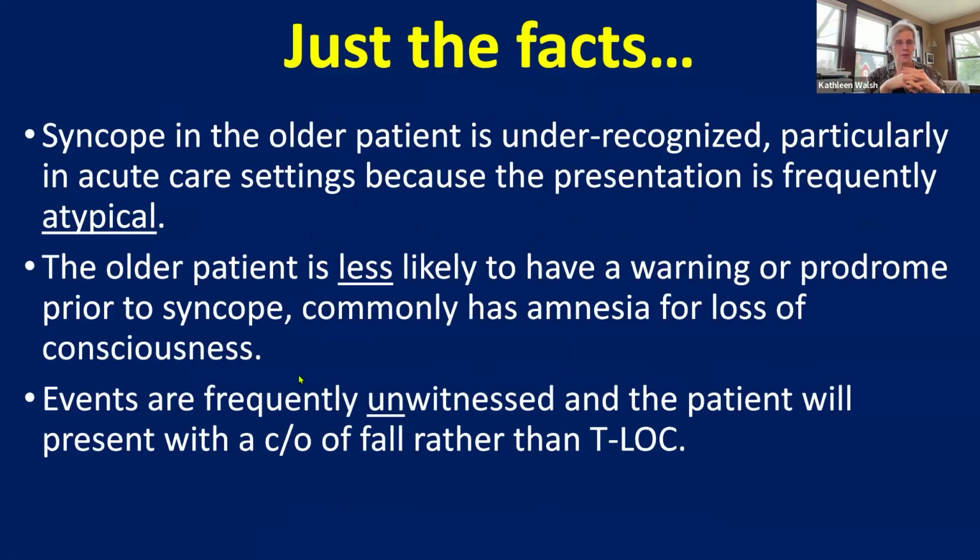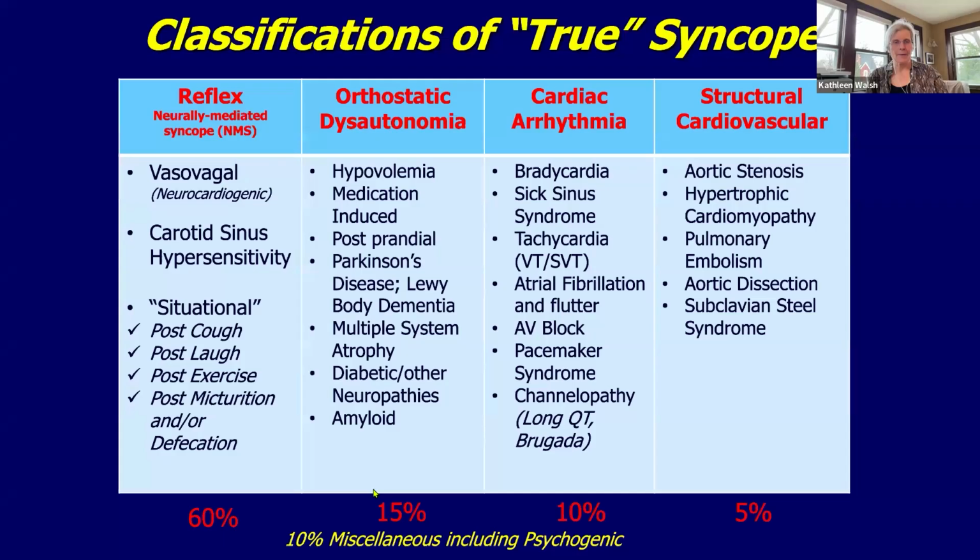I work with patients who syncopize. And so syncope in the older patient is usually underrecognized, particularly in acute care settings, and it's very atypical. Many of your older patients who are actually passing out have little warning, and they usually don't remember that they passed out, and it's usually unwitnessed. So for John, he was in his assisted living room all the time, and would come out and fall, and then get up and be out and about until someone actually saw it. We saw it on the video, and they actually brought it in. We could see the video, and we kind of knew probably what was going on. So we get to the next slide, please.